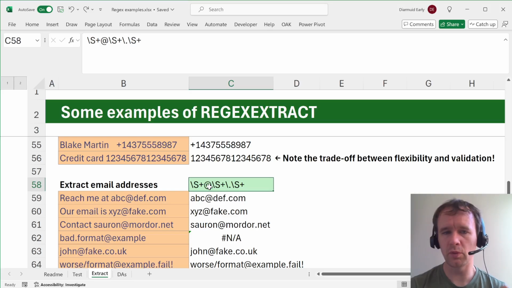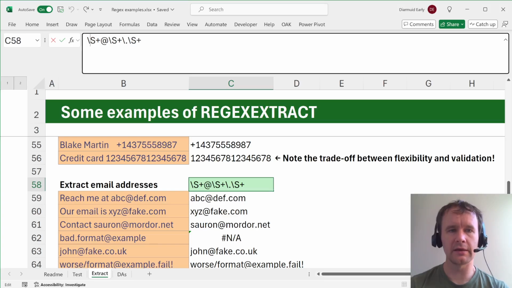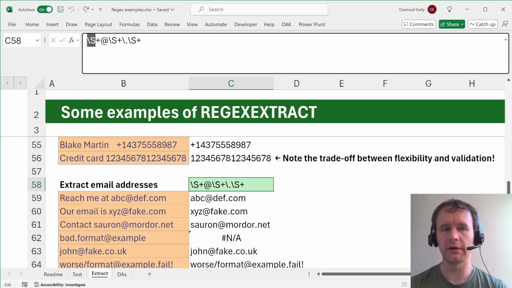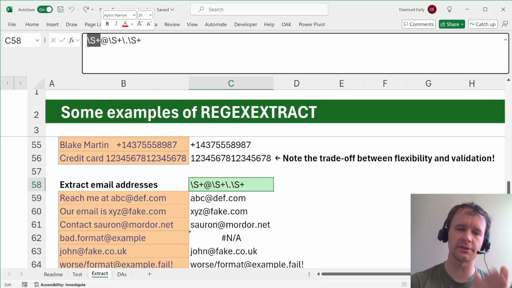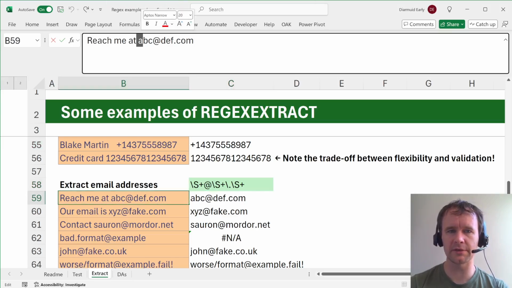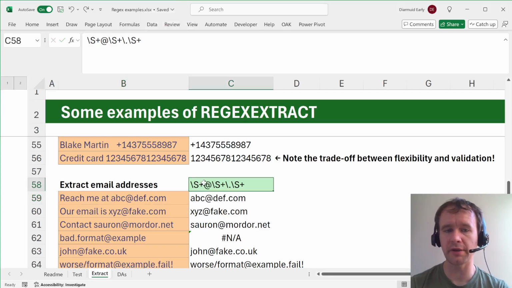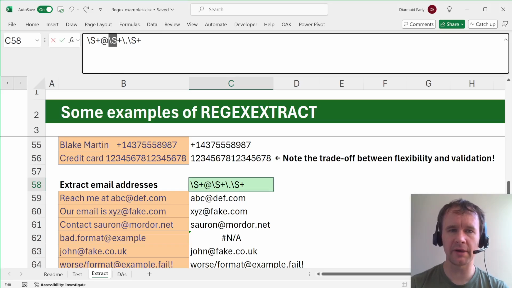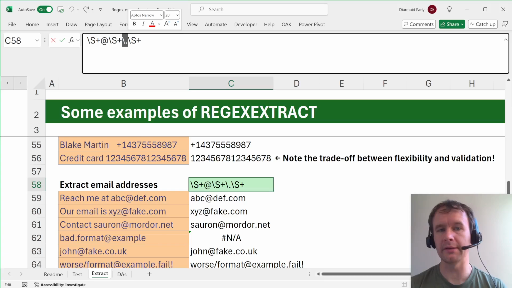Again, this is one of the most simple patterns that you could use. So this is just any \S, which is like any non-space character, some number of times. So this just means that if your email appears in text, the space right before the email starts is going to be a sort of section break. So that's some number of times, followed by @, followed by some other number of characters. We escape the period/full stop to make it a literal, and then this some number of times.